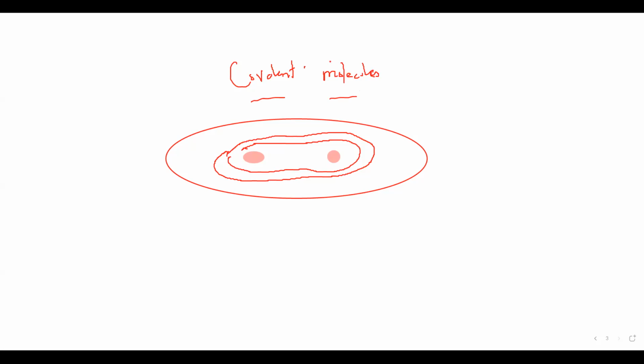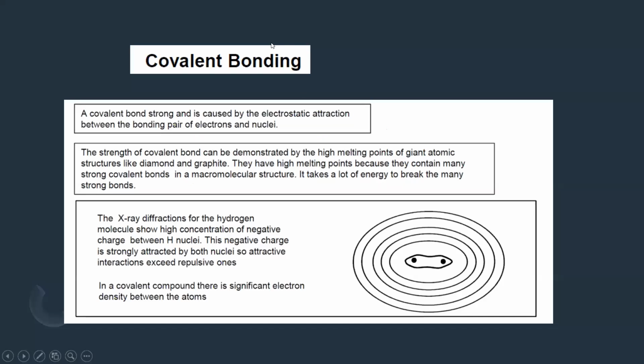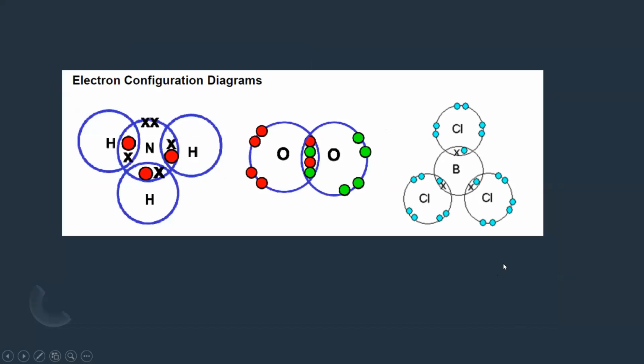So for covalent substances, only a single line around both nuclei. But for ionic compounds, there are separate contours, or separate lines, to explain each ion. So how to draw the covalent structure? Drawing the covalent structure. If I say we want to draw the structure of ammonia, which is NH3,